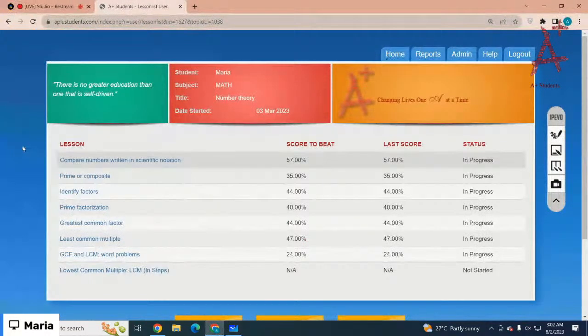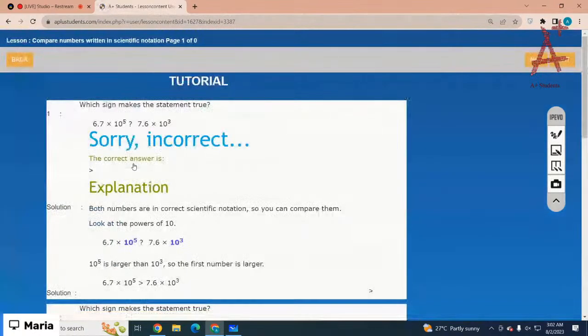Okay, here I'm on grade 6 math. The chapter we're working on is number 3. And let's just start with the first one, that is comparing numbers written in scientific notation. So which sign makes